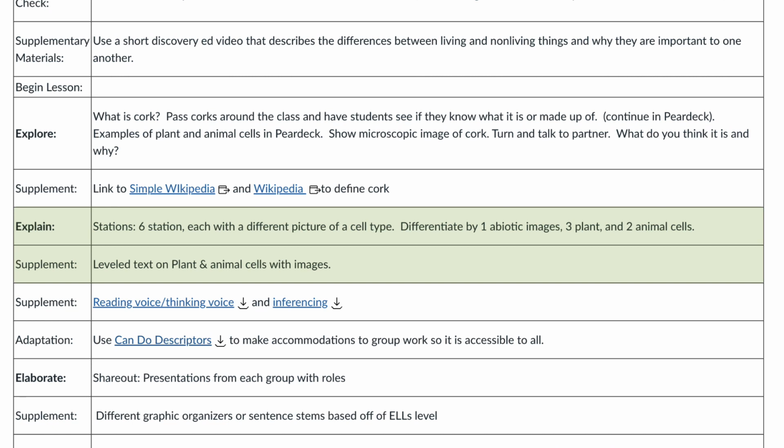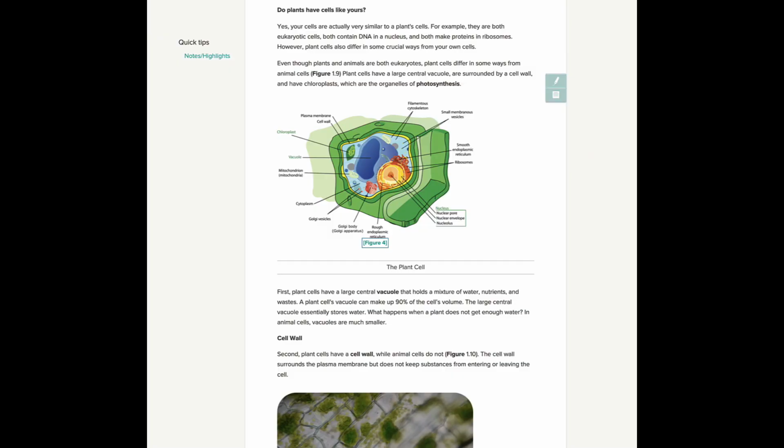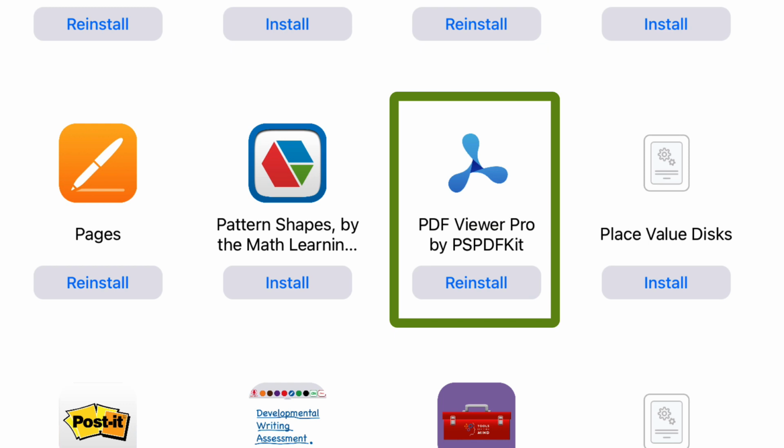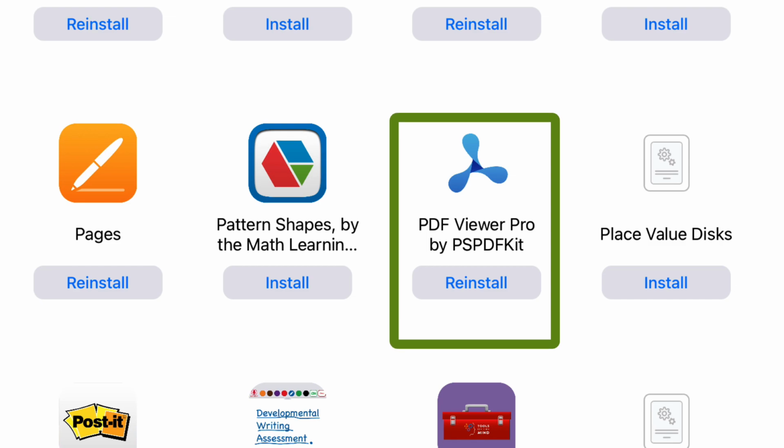Although my students in group 1 and 2 who are at or above grade level will be using textbook content like what you see here, I will need to make accommodations for the rest of the groups. The simplest way to accommodate for students is to reduce the quantity of text, allowing students to focus their efforts on learning the most essential content. Instead of providing the textbook or linked article, I will provide a modified digital PDF I made with the PDF Viewer app, or by using a photocopy of the textbook that has the extraneous text removed for groups 3 and